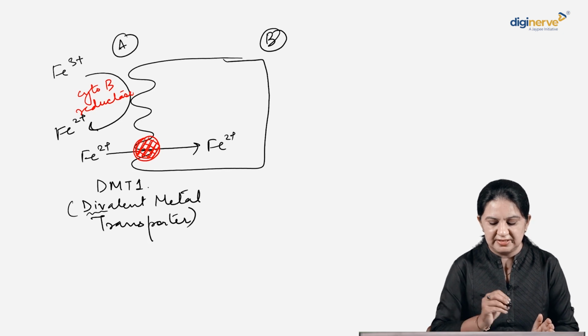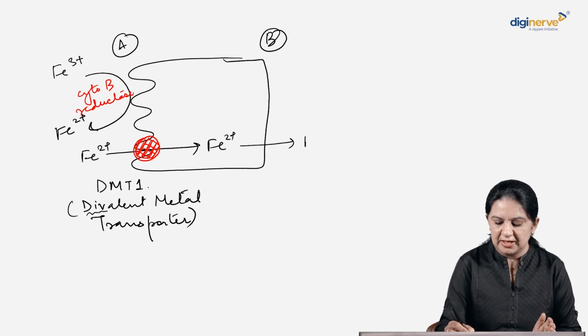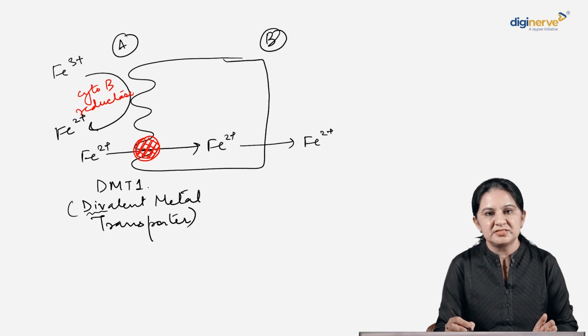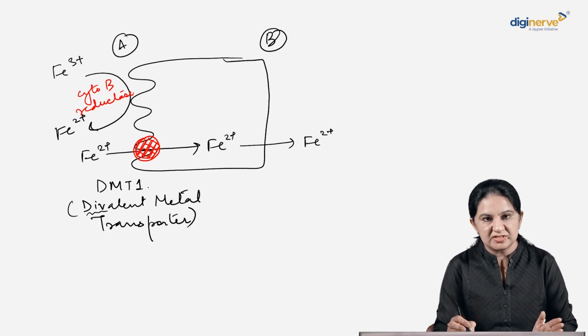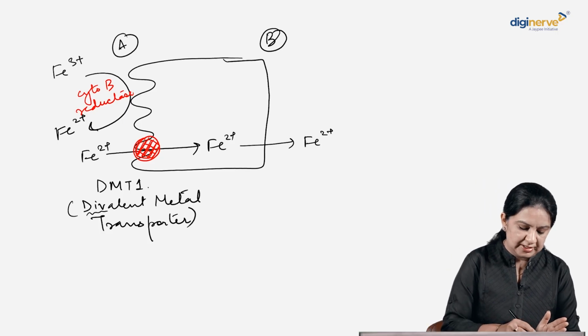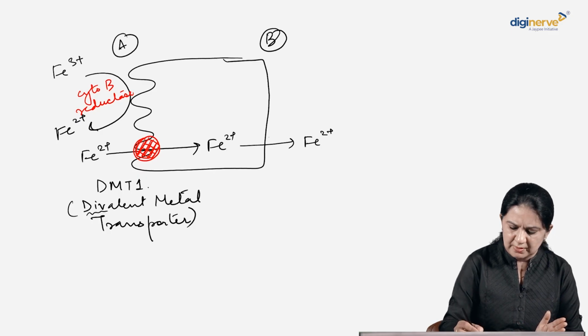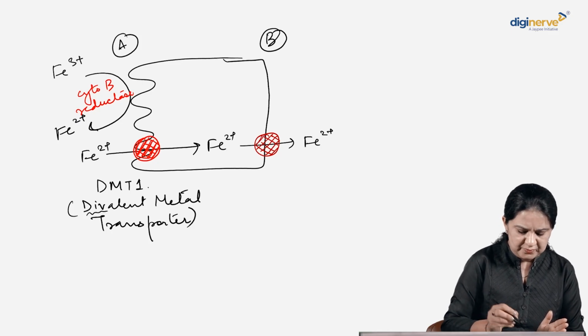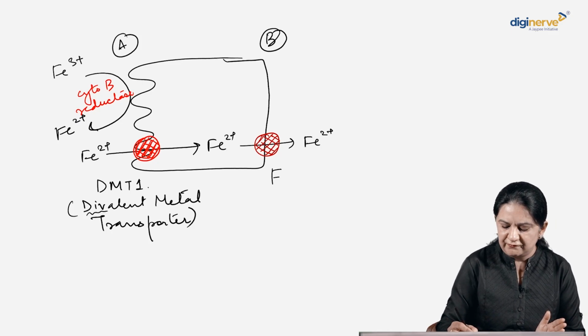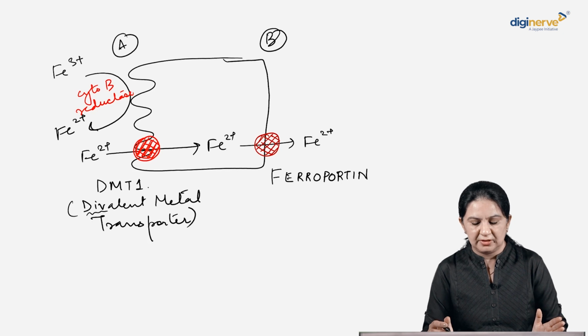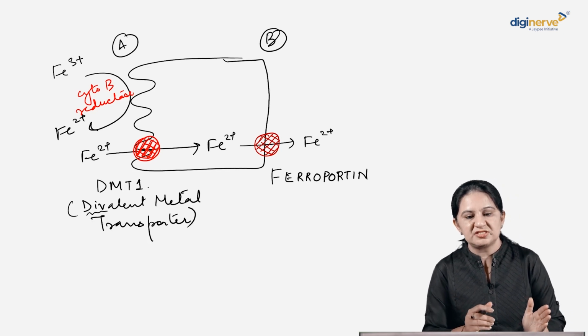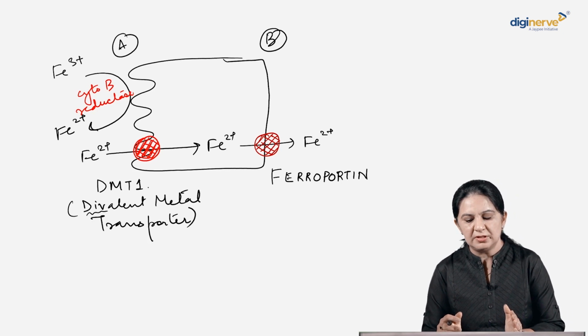Now, this iron is there in the cell. It has to be transported out of the cell so that it can be circulated in the blood. Now, how will this go? Will it go on its own? No, you need another protein for this, which is present on the basolateral membrane of the duodenal cell. This is known as ferroportin. All right. As the name suggests, ferroportin basically ports the iron into the blood.